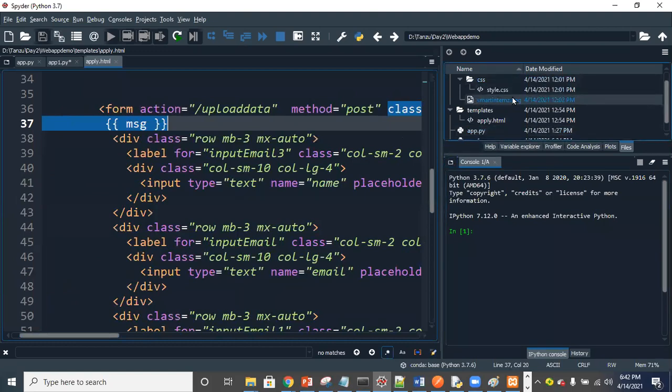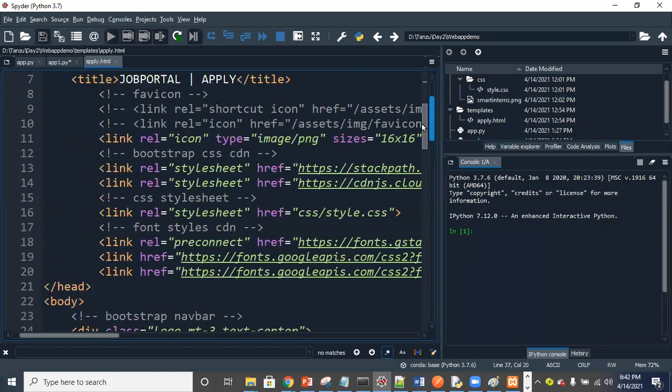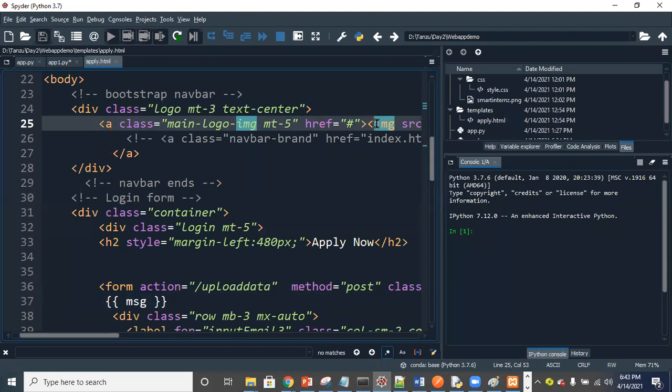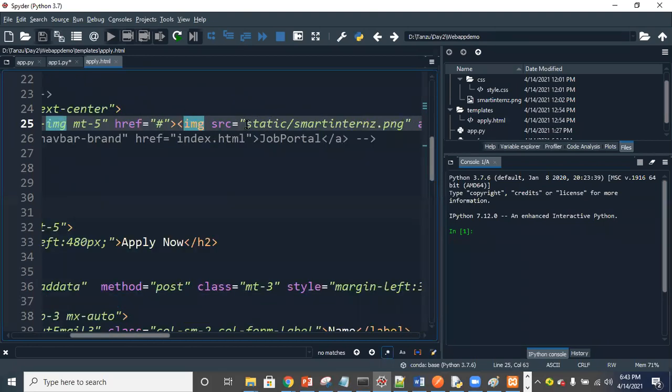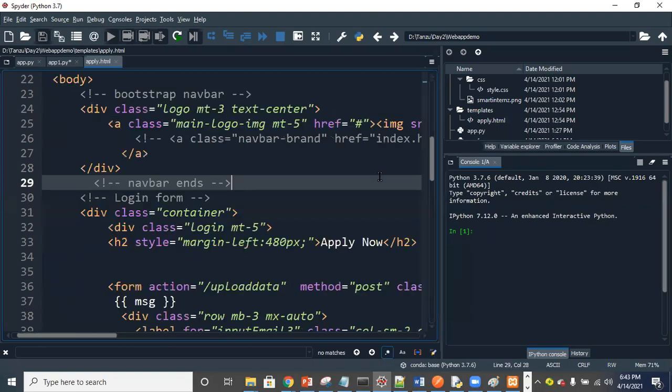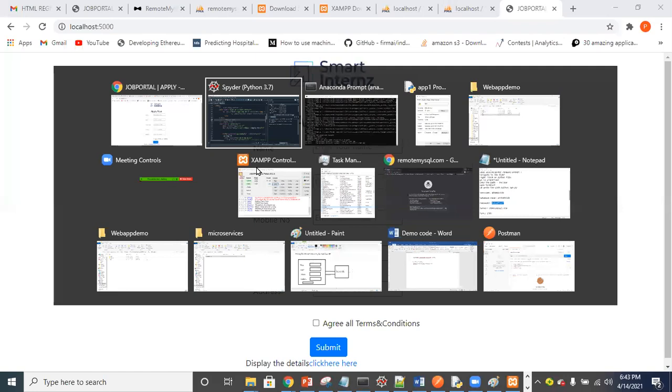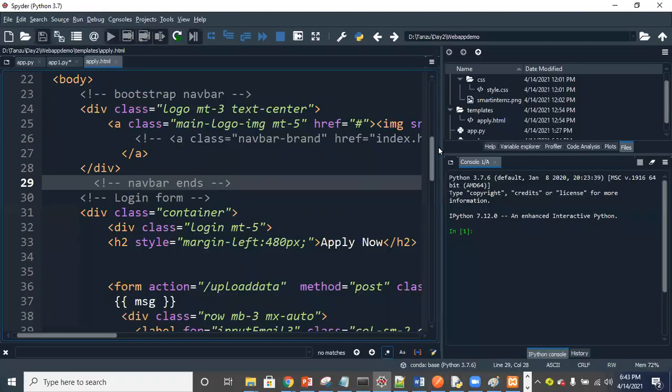And here I have taken the smartinterns.png image, and I am calling that image. I'll just show you. Wait. Here. So if you see main logo, image, src is equal to static smartinterns.png. All right. Now that's what your smart interns PNG is. Now, if you scroll down,